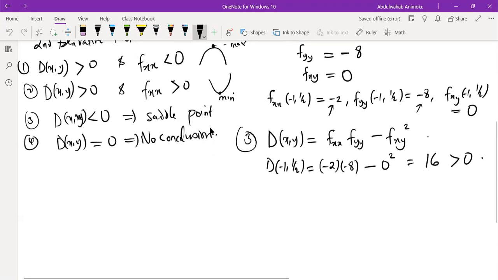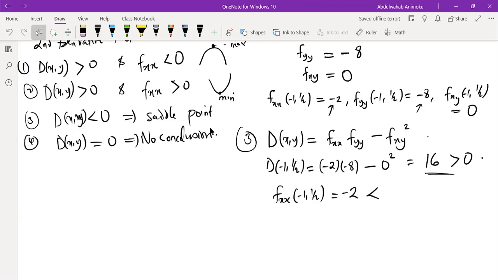basically when you look at this, D is greater than 0. What about fxx at -1 and 1/2? This is what? -2, and this is what? Negative. Now using this test, this means that what? This point satisfies the first condition, so it means it must be a maximum. So this implies that what? This